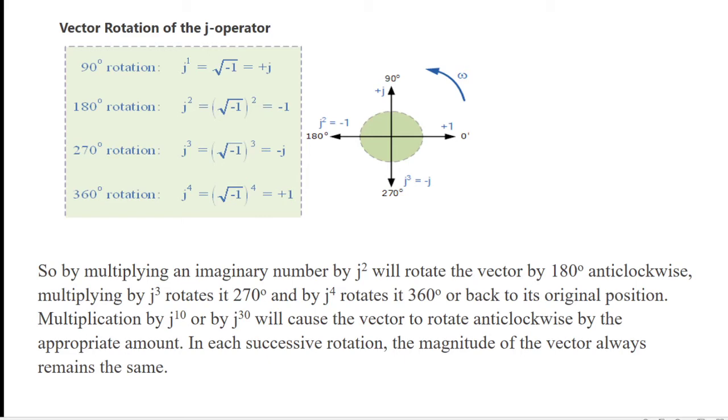Thus, the current through the resistance remains in phase with voltage. Hence, the resistance is taken as the reference and reactance is rotated with respect to this reference. When operated with J operator, the impedance Z can be written as Z is equal to R plus jX.